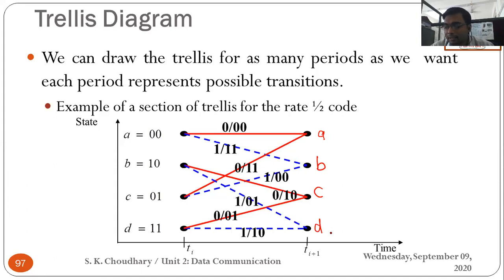From which state to which state we move can be understood with the help of this basic Trellis structure. If you compare this Trellis diagram, it is 100% a replica of the state diagram. If you have any confusion, you can just compare now. You would find that from the same state to the same next state we move on getting input 0 or 1, and the same output bits are generated.